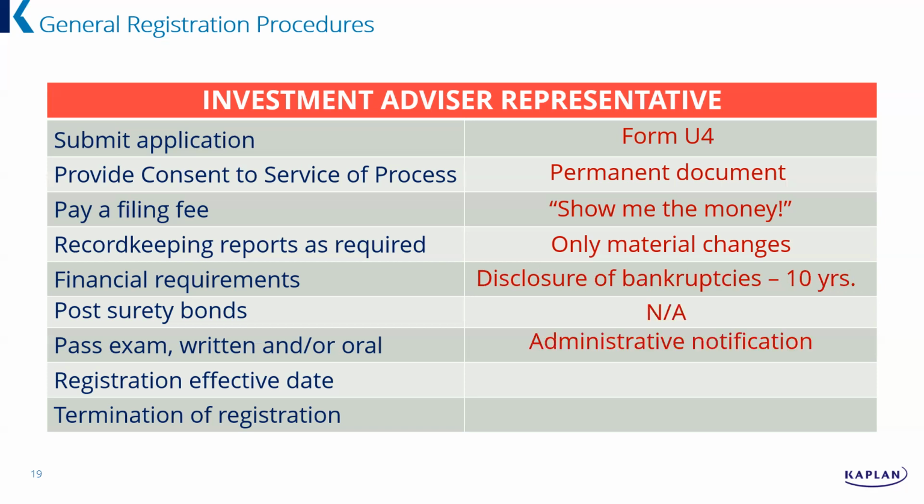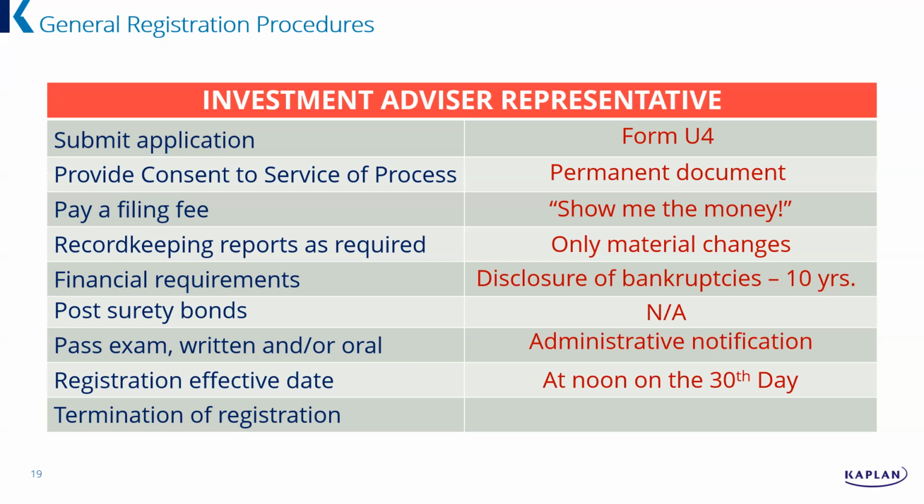Do you have to pass an exam? You do, right? And then you tell the administrator, they get notice from the regulatory authority, the Prometric, that you passed. Now, kind of a trick question. You're not actually an investment advisor rep when you pass your test. You think you passed your test, you're feeling good about yourself, but you're not actually an investment advisor rep till your registration is effective. And that's noon of the 30th day. That's a kind of a common thing, right?